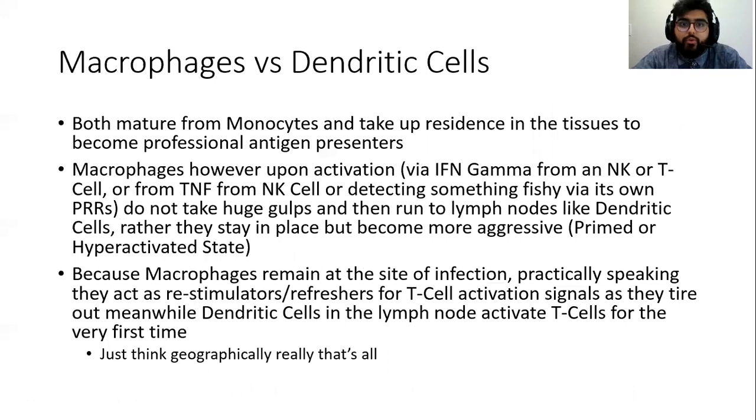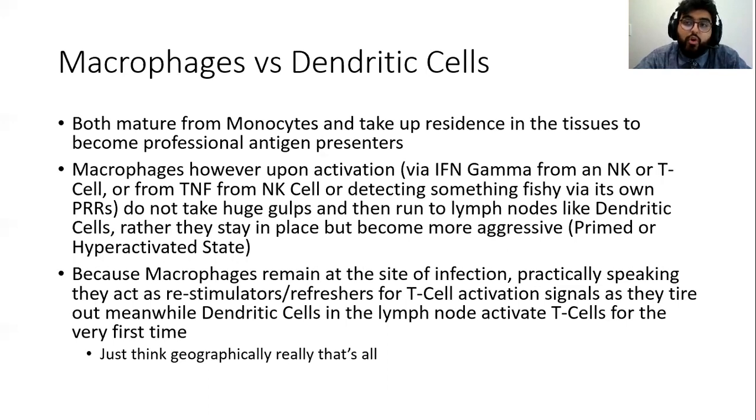So, but let's compare the two, or contrast the two, right? Both mature from monocytes, both macrophage and dendritic cell mature from monocyte, and they take up residence in the tissues to become professional antigen presenters. But there is some difference, right? The dendritic cell is a big tattletale, right? The second it figures out something is wrong, whether it's detecting tumor necrosis factor alpha, or picking something up with toll-like receptors, or getting flooded with certain red flag cytokines,